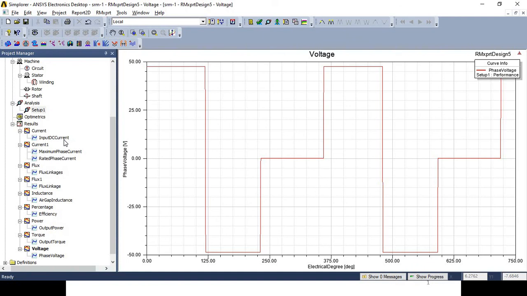So that Maxwell 2D design or Maxwell 3D design can again be used for further analysis. So just for this project, we'll try to convert this design into the Maxwell 2D design. But before going to Maxwell 2D design, we'll discuss